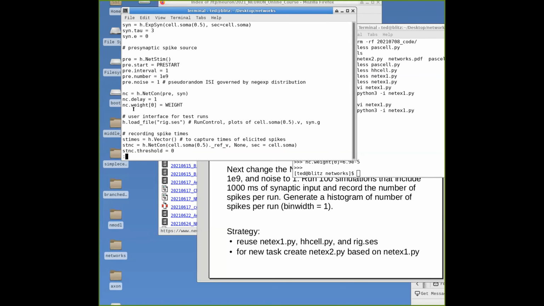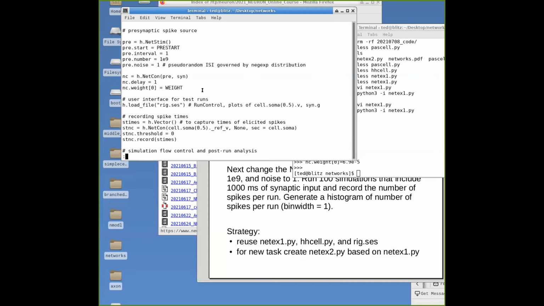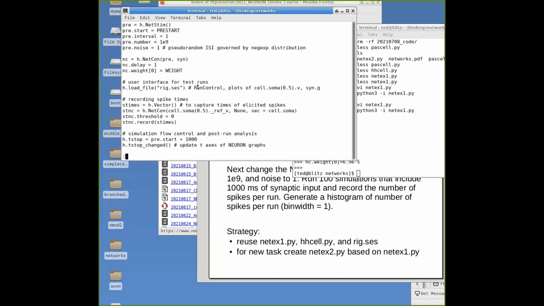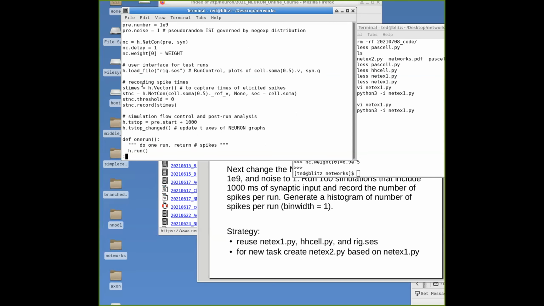Okay, so here is our netcons, delay and weight as before. Here's our same experimental rig. We've got our run control and plots of membrane potential and synaptic conductance. Now, however, we want to record spike times, and to do that, we'll need a vector. So I'm creating an instance of a neuron vector to capture the spike times, and I'm using a netcon to